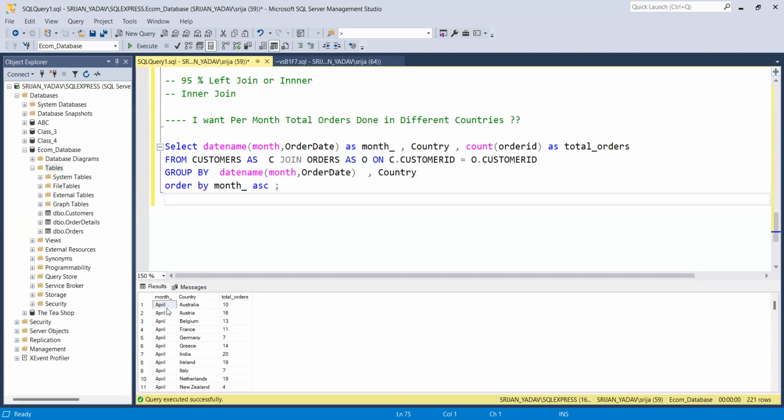Sumit, you are asking what if years are different? See, Sumit, if they haven't told you any differentiation about the years, then you don't have to think of it. If I have told you that I want it on a year-month basis, then it is correct. Otherwise, if you have been told month, then all the months will be considered from the